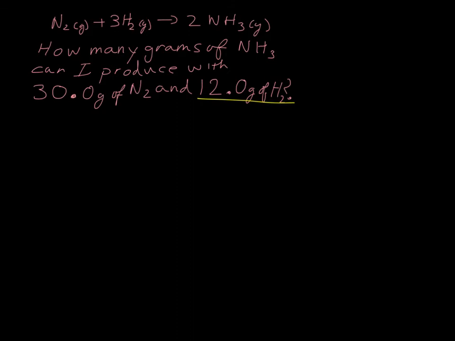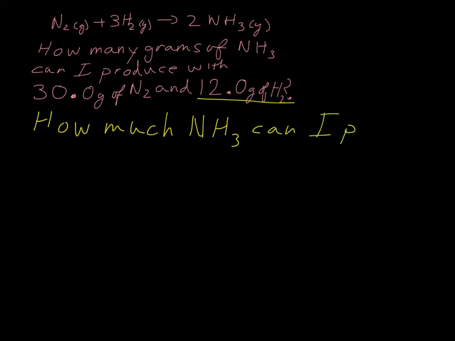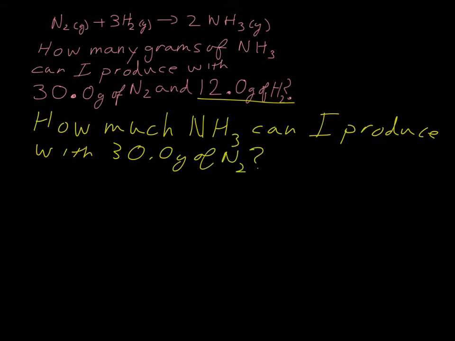The first question we're going to ask ourselves is, how much ammonia can I produce with 30 grams of nitrogen? Then I'm going to ask myself,